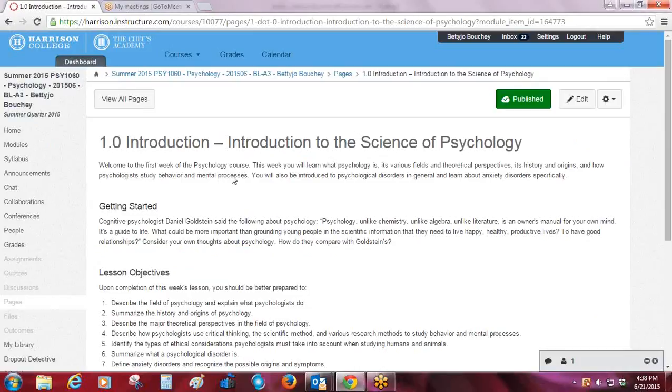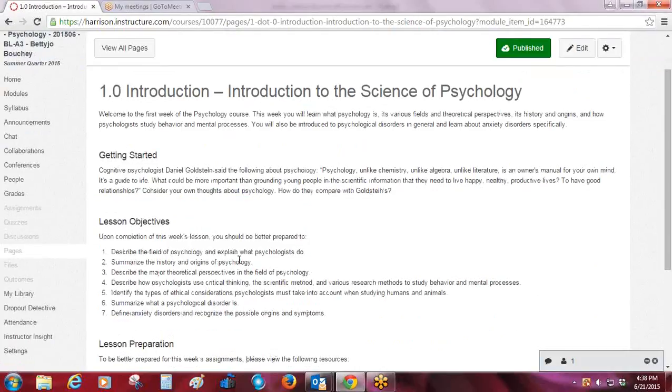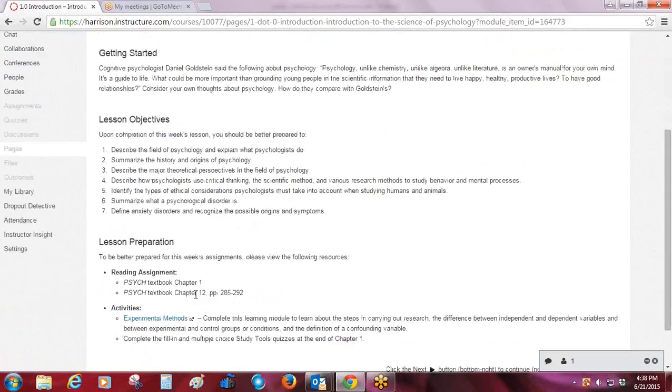It's going to clearly explain to you what the objectives are for the week and what you need to do to be successful. So for week 1, what you need to do is read chapter 1, and then read some pages from chapter 12. So that's why chapter 12 was loaded there for you, just in case you don't have your textbook. Chapter 1 is an introduction to psychology, and we're going to discuss just a couple of those points